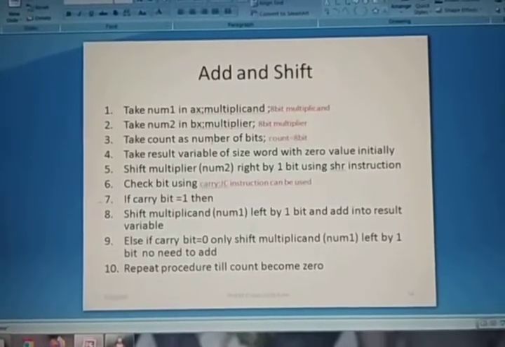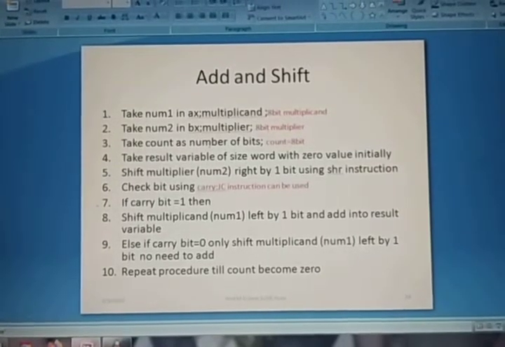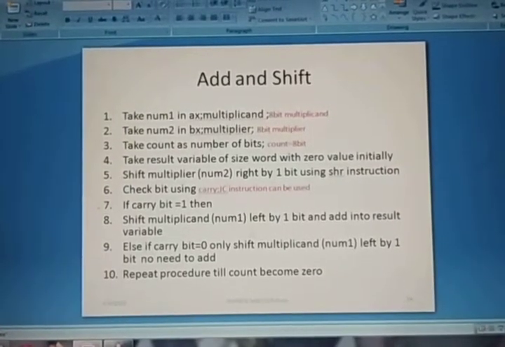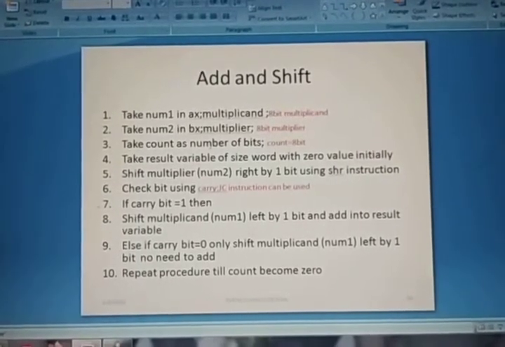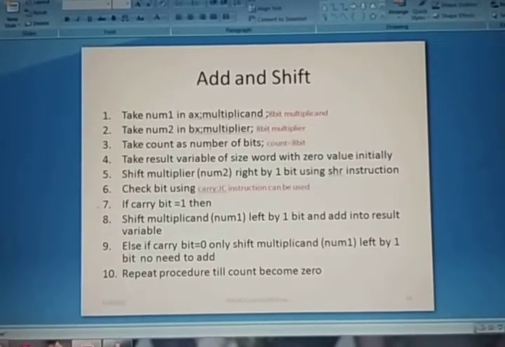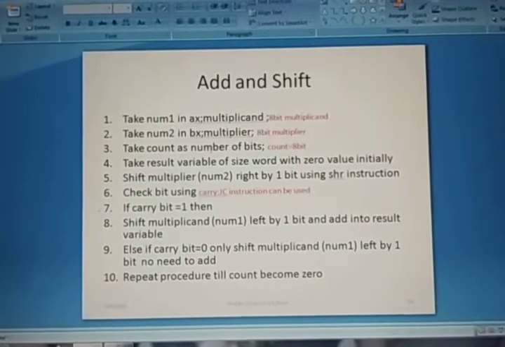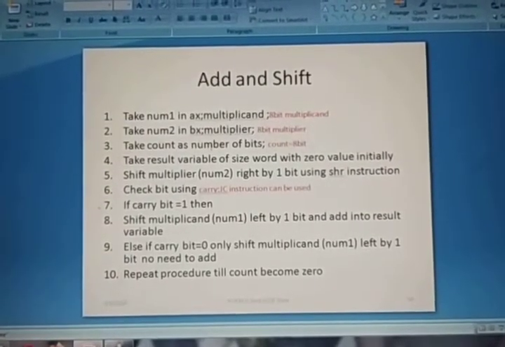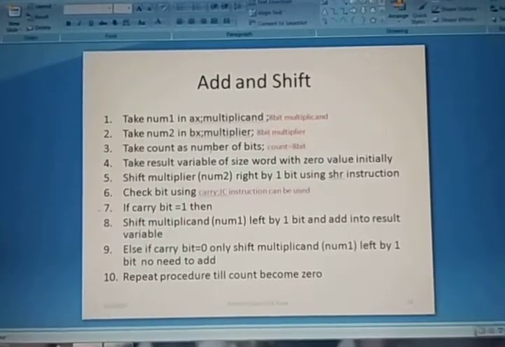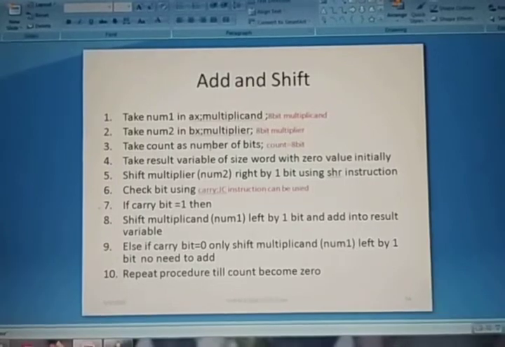and take a counter as the number of bits and initialize the counter as the number of bits. If you are taking an 8-bit number, in that case your counter will become 8. If you are taking a 16-bit number, in that case your counter is 16. So it depends on your input, on how many bits the number you are taking from the user side has. Basically, the counter is initialized according to your input number. Here in this example we are taking an 8-bit number, so we will initialize the counter with 8.